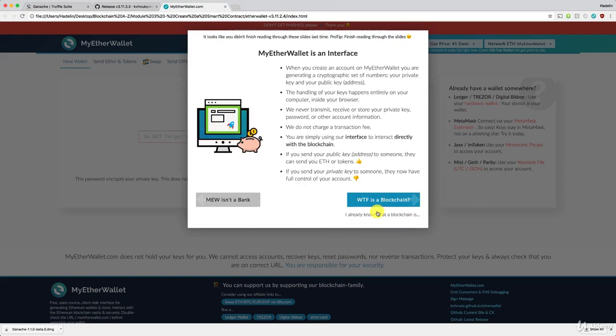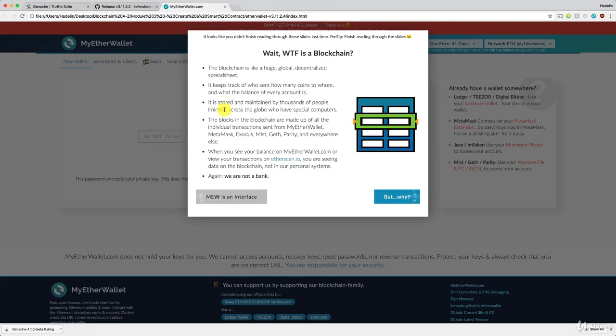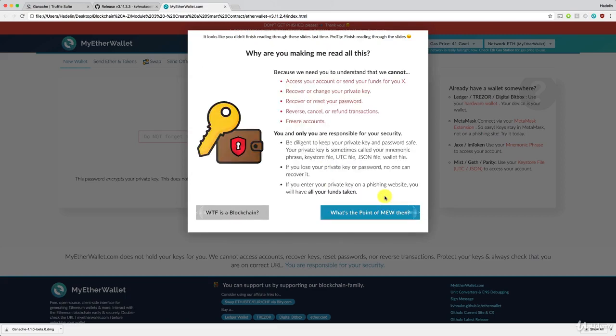Then MyEtherWallet is an interface. Okay, so obviously. Then, if you have not followed the intuition lectures by Kirill, you will be interested to have their definition of a blockchain. What the flower is a blockchain? Here you have their explanation, so it could always be useful to read that again. And after they give you their definition of a blockchain, they ask why you are reading all this, which is also a fair question. And that's because if you really want to use MyEtherWallet for anything that is real, that is not a simulation or a demo like we'll do in this course,